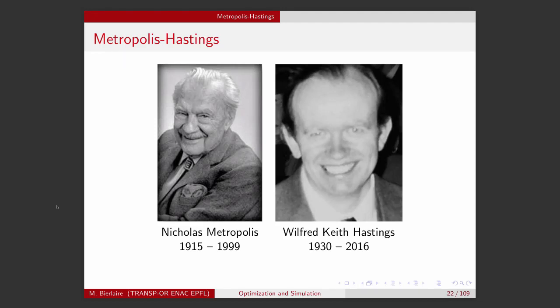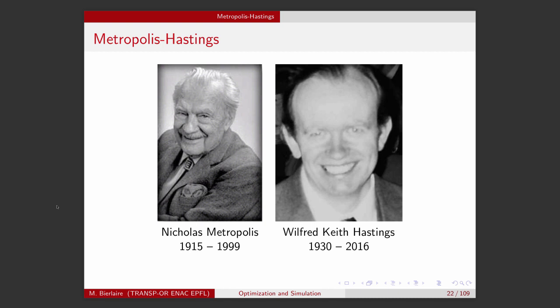Okay, good. So now we have the main concept. We want to draw from a complex distribution. And we have seen that if we are able to generate a Markov process such that the complex distribution is equal to the stationary distribution of the process, then it's very simple. We just run the process, simulate it, and then at some point when it has reached stationarity, we will obtain the draws we need. But of course, the key difficulty is to design this Markov process.